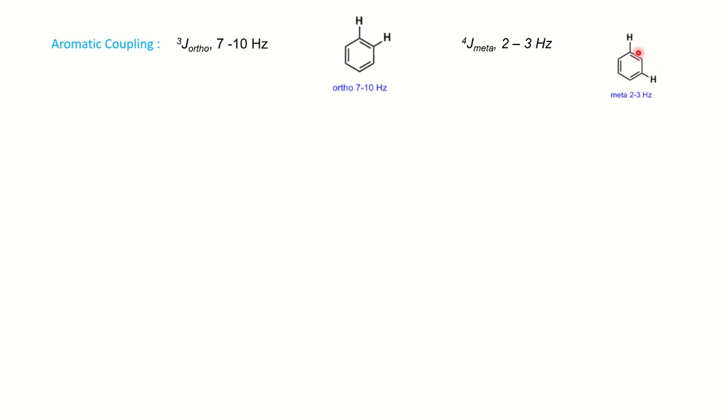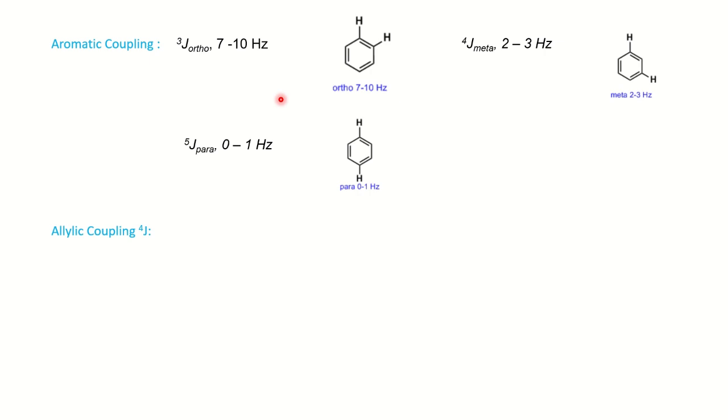You can notice here the two protons are meta to each other, looks like W only, and have 4 bonds, 1, 2, 3 and 4. 4 bond couplings are weaker than 3 bond coupling. And you have para isomer also. Para means 5 bonds are involved, again very small, 0 to 1 hertz. The two protons are para to each other, 1, 2, 3, 4 and 5 bonds are involved, and so it is very weak. As you can notice, all the three isomers have different coupling constant values, so you can easily distinguish the three types of isomers, ortho, meta, para, based on proton NMR.